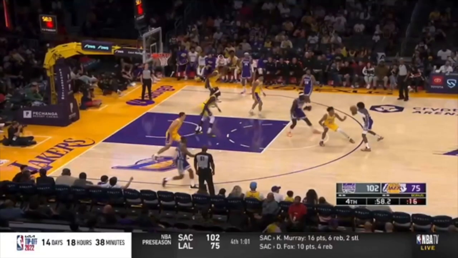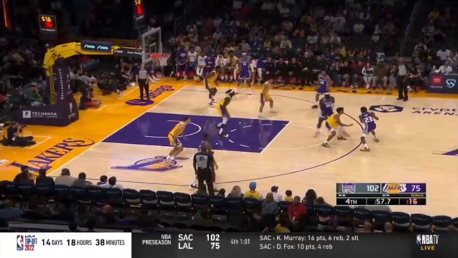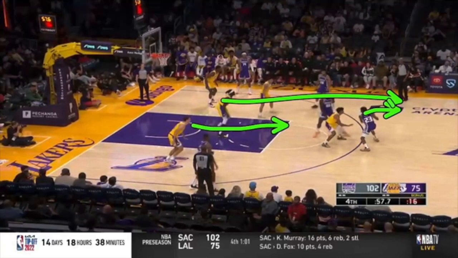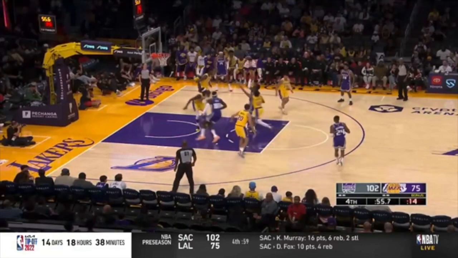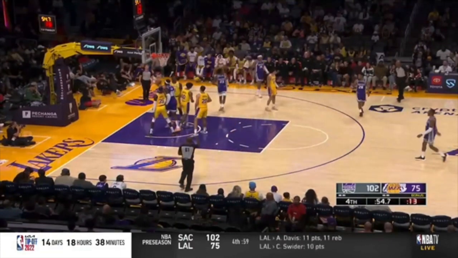Again, you're running drop coverage. Please get this big up and push this guard out of the lane. The second he hesitates, picks up his dribble, brings his dribble back, which is going to be quickly, I can recover. In the meantime, backside help comes from right here. You want to throw a skip pass over here, I'll have plenty of time to recover. But again, I'm going to be able to bump this backside defender back anyways. But instead, you give this guard the lane. This player has to guard from behind, so it ends up being an easy and one.